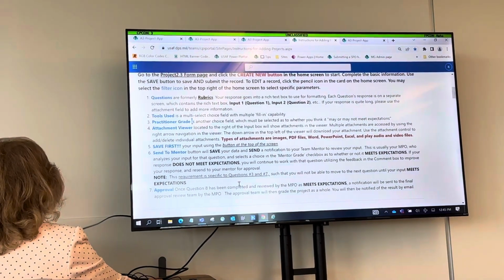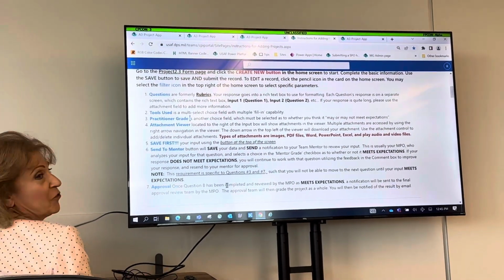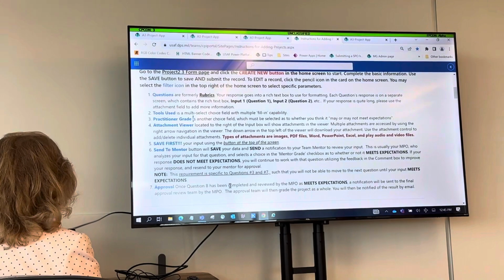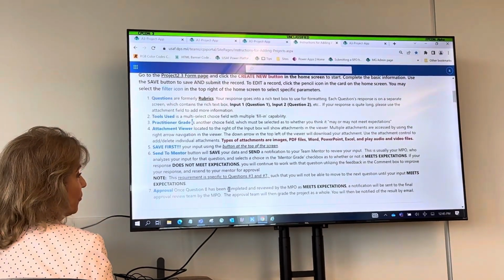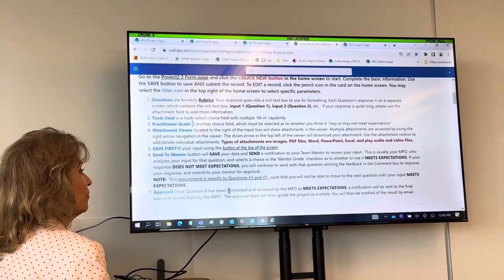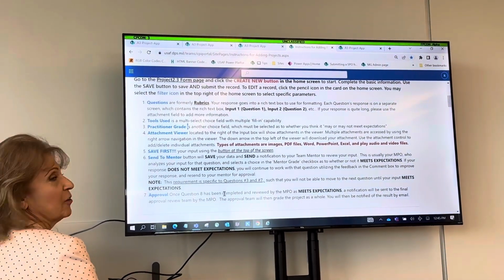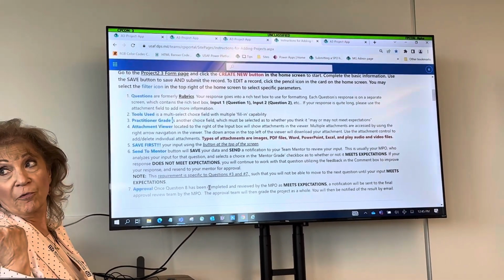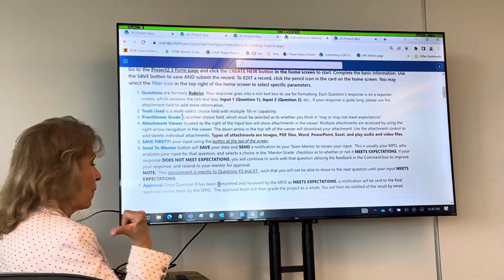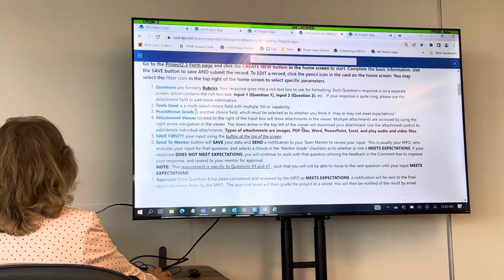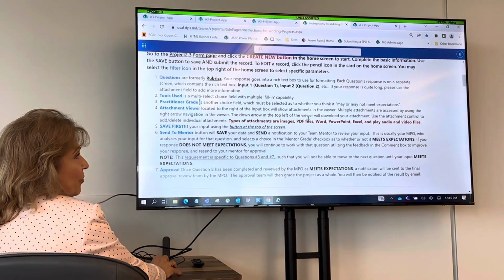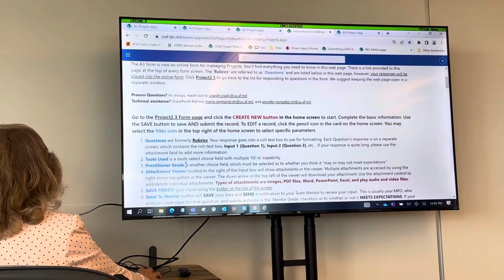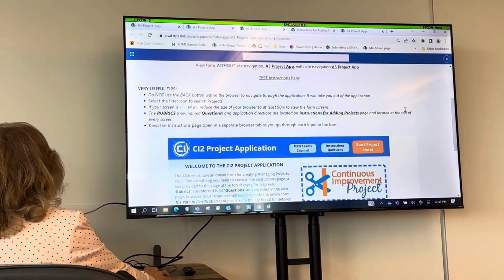Yeah. Approval: once question 8 is completed, the requester, the practitioner, can then click a button to send it for final approval. And it would go to your approvers, which we have a list of approvers. And you'll see as we're going through the form how these fields actually work. Okay, so